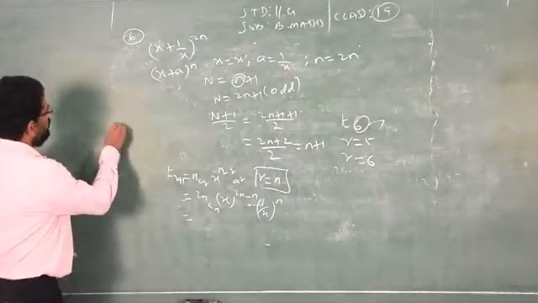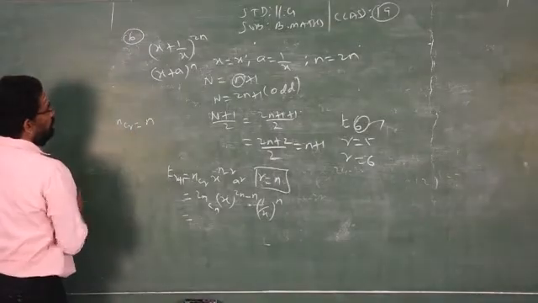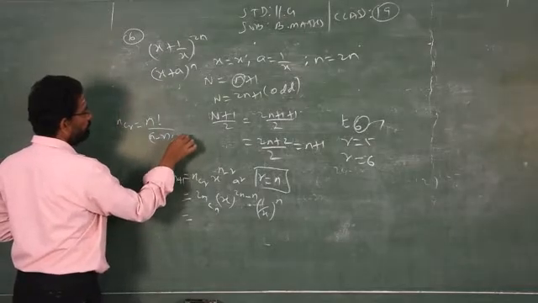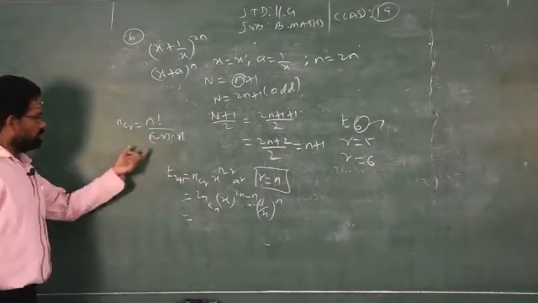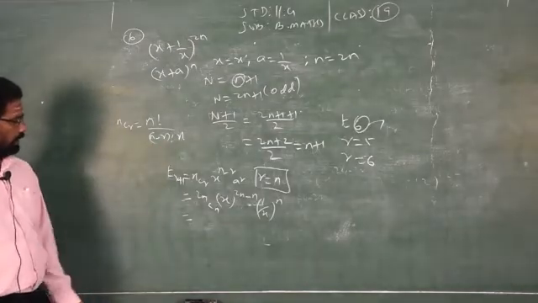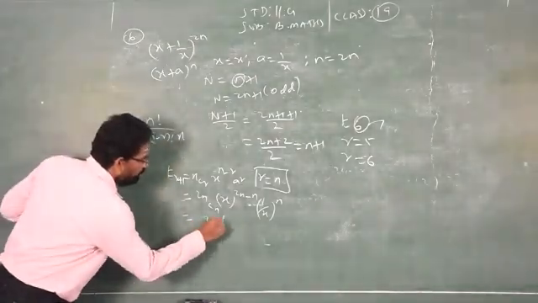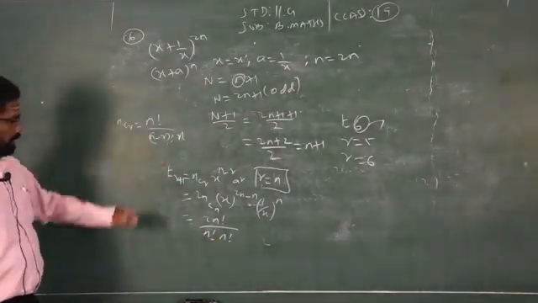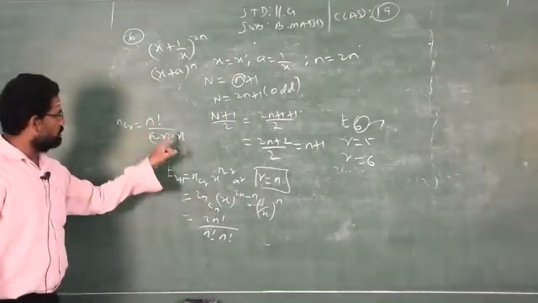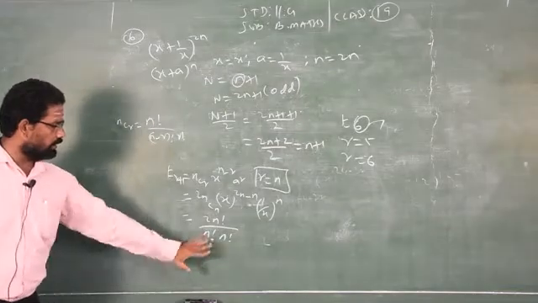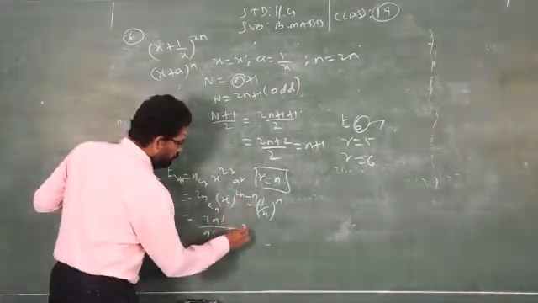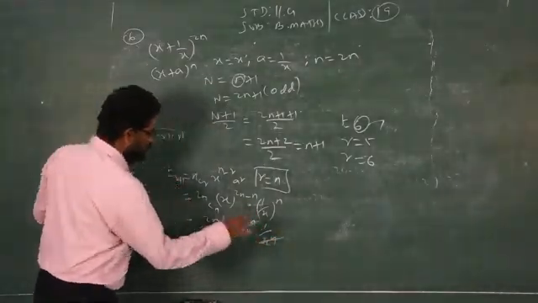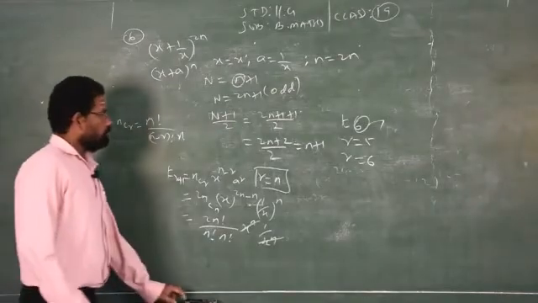What is the formula to find nCr? nCr is equal to n factorial by (n minus r) factorial into what will come? r factorial. This is the general formula. Just use the general formula in this format. Then you will get 2n factorial by n factorial into n factorial, where n refers to 2n and r refers to n. Then x power 2n minus n, then 1 by x power n. These two get eliminated, so nothing is left. So what is the remainder?